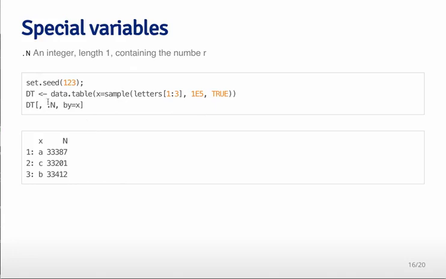For example, if I create a data table that has a large number of A's, B's, and C's in it, about 100,000 each, and I want to count the number of times each of those letters appears, I can use data.table with .N, grouped by the x variable. .N just counts the number of times, grouped by the x variable. It does that very fast compared to the equivalent operation,